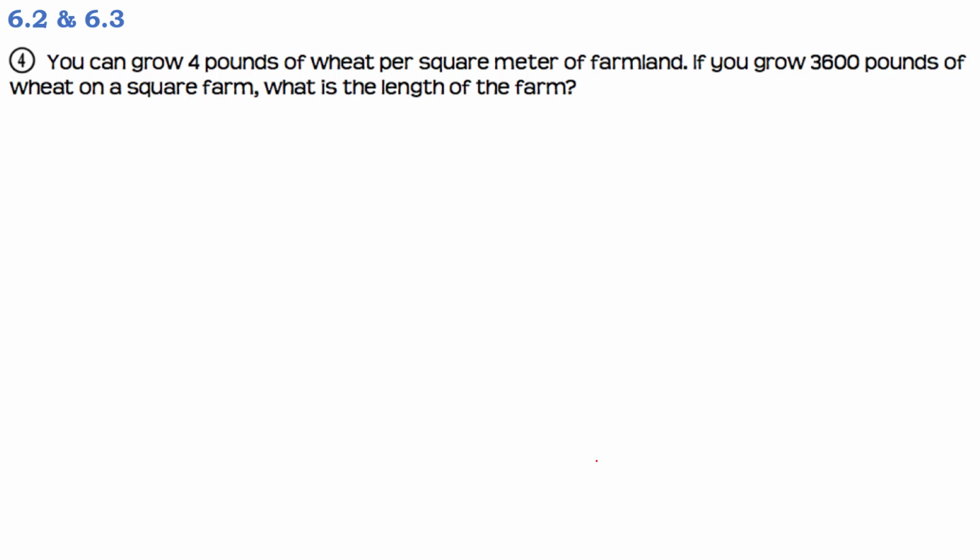It says we got a square farm, right? So we got a square farm here. And now with this, it says you can grow 4 pounds of wheat per square meter of farmland. So to do this, let's see how we can break down this farmland area. Since it says we have 4 pounds per square meter of farmland, if we were to break this